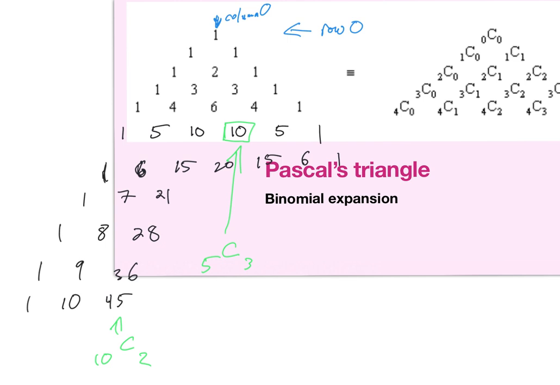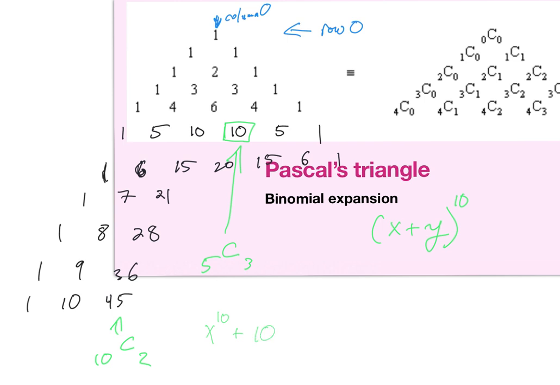All right. Fun little fact: Pascal's triangle is used for actually quite a few things. Combinations are also part of it. Let's say I had x plus y to the 10th power. What would that be? Well, the 10th power would be this row. So I'm going to finish out my expansion. I would have x to the 10th